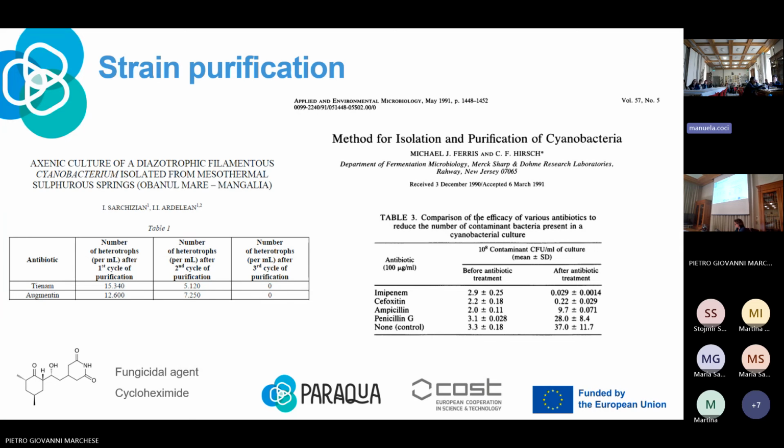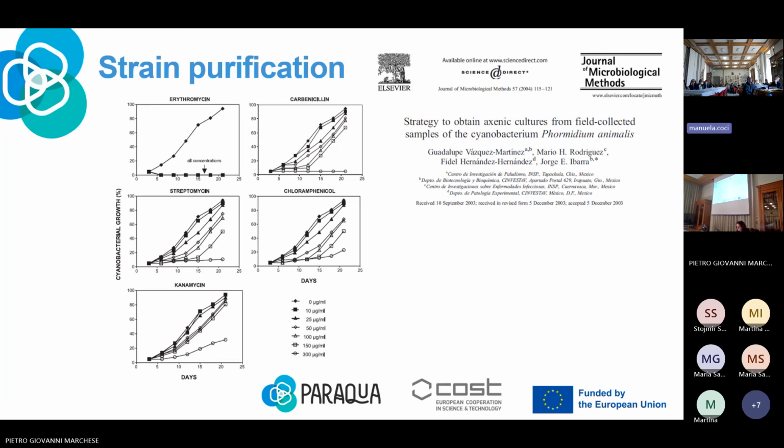Regarding the strain purification, we also have different types of antibiotics we could apply. It depends, of course, on our purposes and our ways. Very efficient is imipenem, or tienam. We can find a lot of papers showing its power. Some cyanobacteria, like described in this paper here, they use the BG-medium and analyzed two different types of compounds